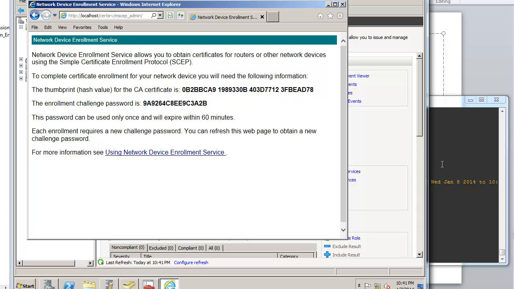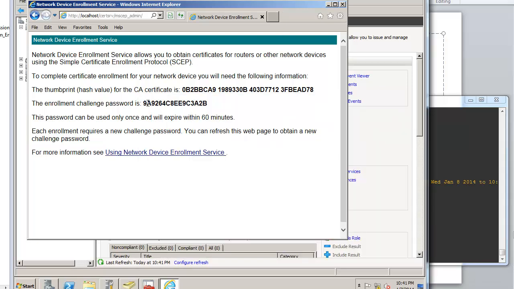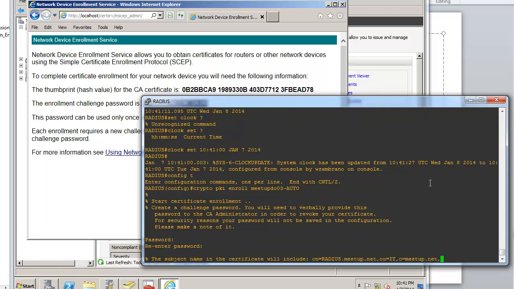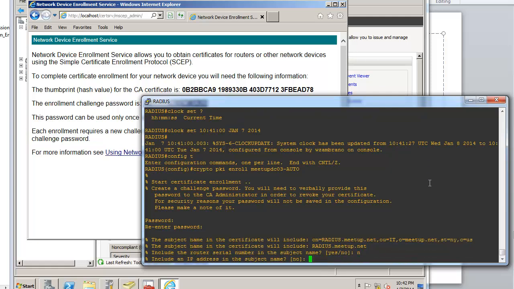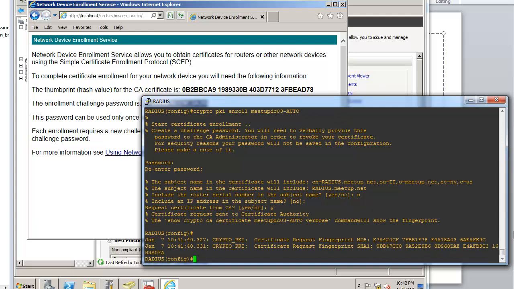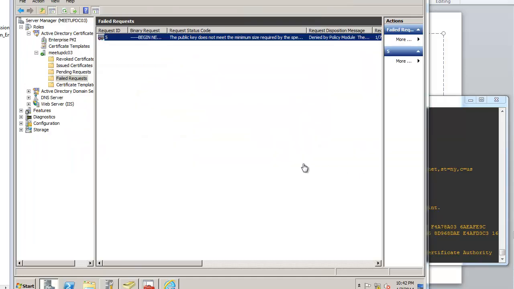Thing is that I might have broken our authentication. It was still rejected. Actually, so what I did, I took a look at the failed request on the cert,